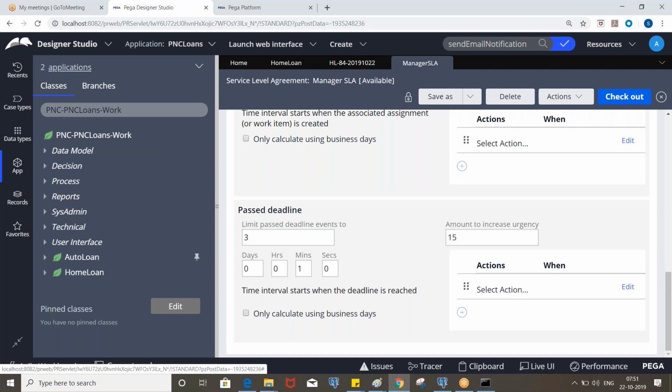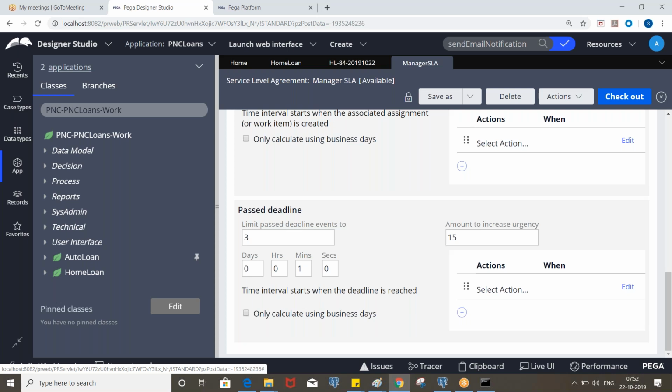Okay, so the requirement is, in the first screen of the home loan or auto loan, we have the borrower details and the address details as well. Once you submit the first screen, the email has to be sent out to the borrower. The borrower email will be specified in the first screen, right?